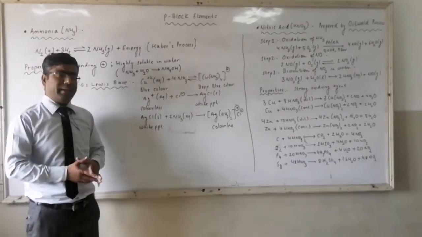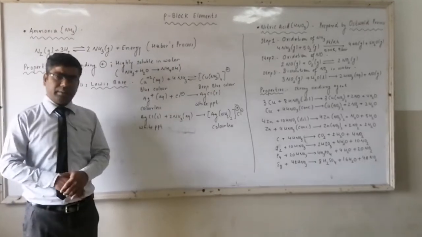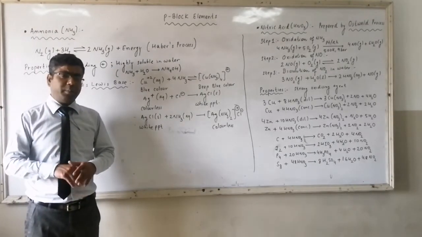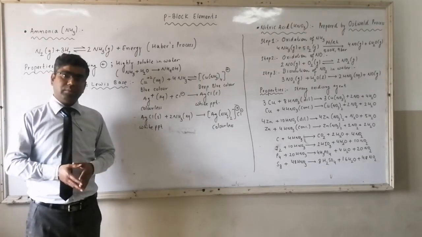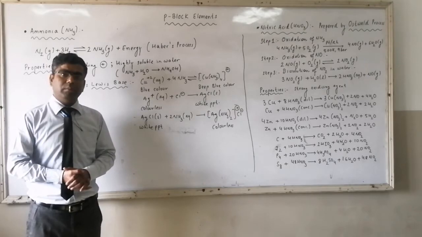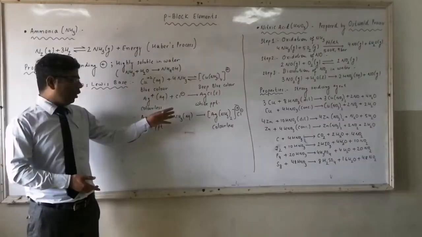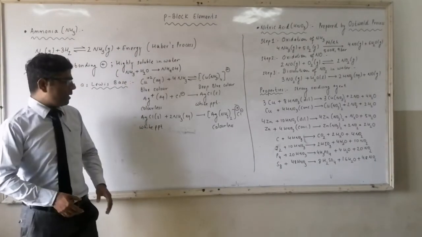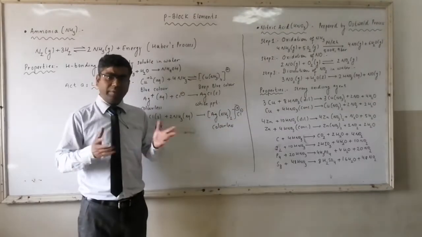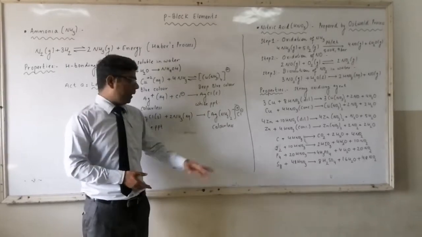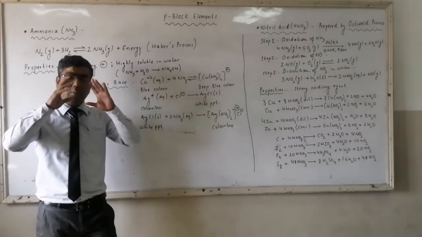The presence of Ag+ and Cl- is responsible for the white precipitate. If somehow we can remove the Ag+ ion, or if Ag+ ions are absent, then it will not form a precipitate. So this ammonia donates its lone pair to the vacant orbital of the Ag+ ion and gets converted to diamminesilver(I) ion. Now the Ag+ ion is not available for Cl-. We have obtained a complex ion, and this complex ion is soluble in water. This complex ion is soluble in ammonia.